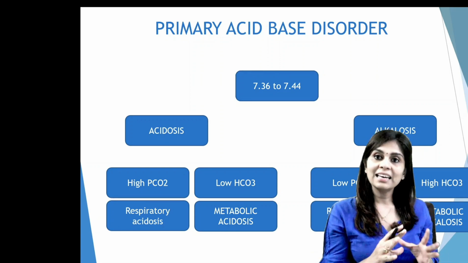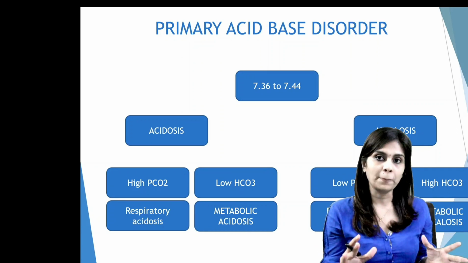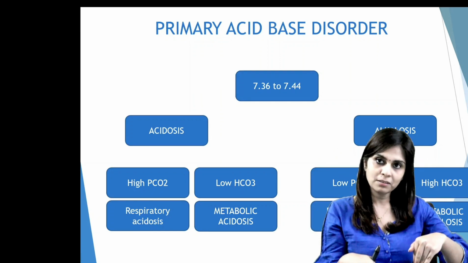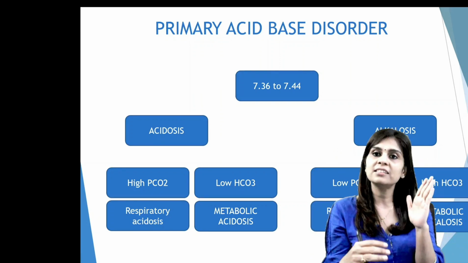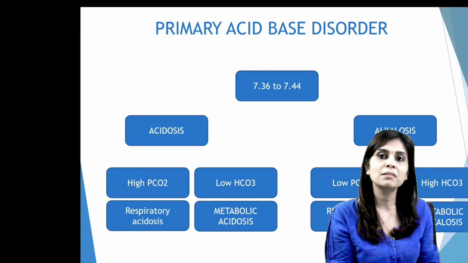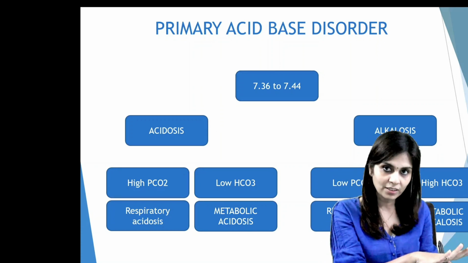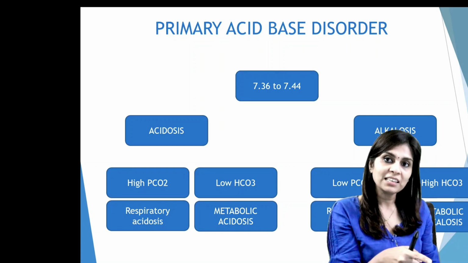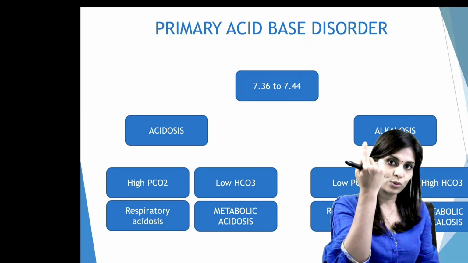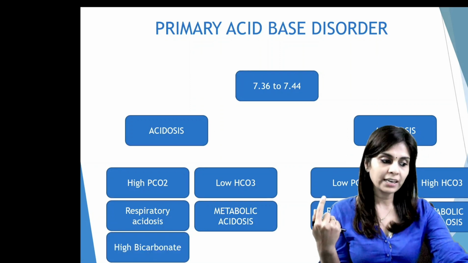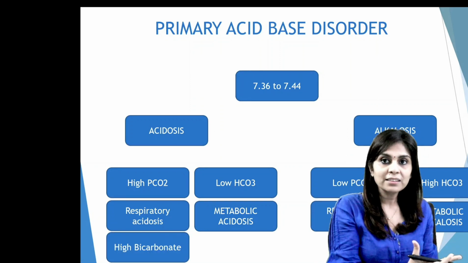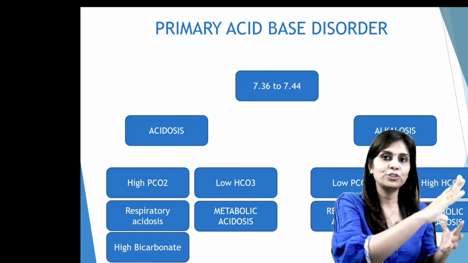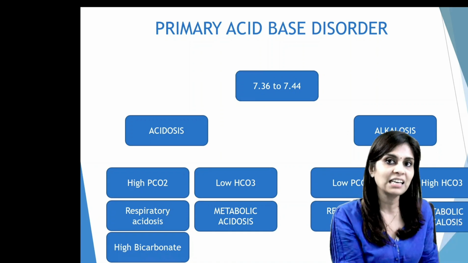Now, what will be the direction of compensation? It is always parallel. If the primary defect is a decrease in PCO2, compensation will be a decrease in bicarbonate. If the primary defect is an increase in PCO2, compensation will be an increase in bicarbonate, and vice versa. So for example, if it's respiratory acidosis wherein there is a drop in pH caused by an increase in PCO2, the kidney will increase the bicarbonate. And what is achieved by this? This bicarbonate will buffer acids produced from carbon dioxide, bringing the pH to normal. That's the compensation in respiratory acidosis.